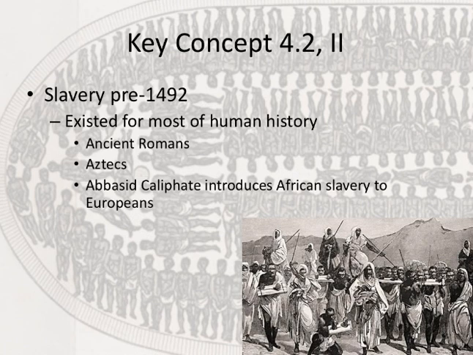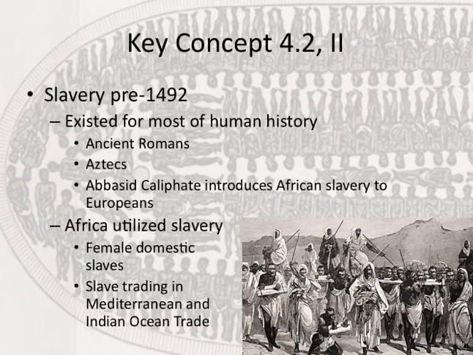The Abbasids are the ones who are going to introduce African slavery to Europeans. They see Africans or Bantu-speaking people as lesser beings, and so they utilize them specifically for slavery. Now, like I said, they're the ones who introduce it to the Europeans. However, they abandoned it quite early on because of a massive slave uprising that took place in the 9th century. So where the Arabs stop using it, the Europeans just keep on trucking.